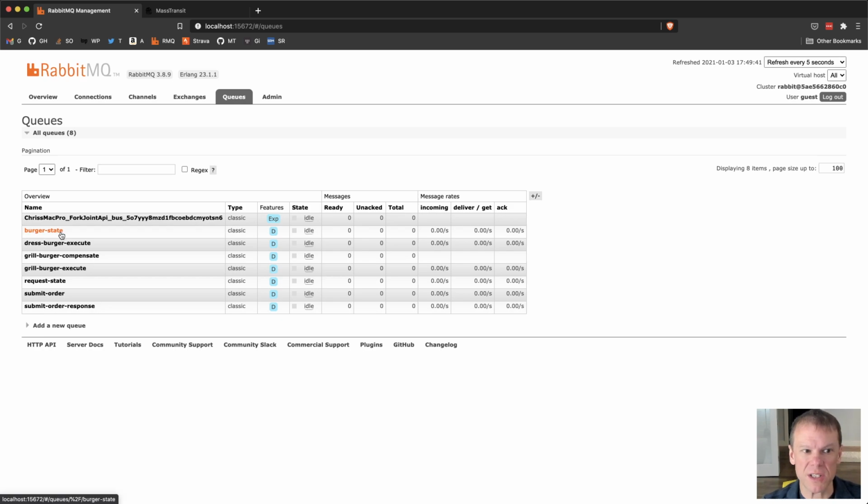I have the burger state, which is the state machine. I still have the same execute and compensate for grill burger and dress burger. I have the request state, which is where the requests are going to be stored. I have submit order. I'm not using submit order response at this point. The consumer is still registered, but we're not using it because the subscriptions on the routing slip are now going